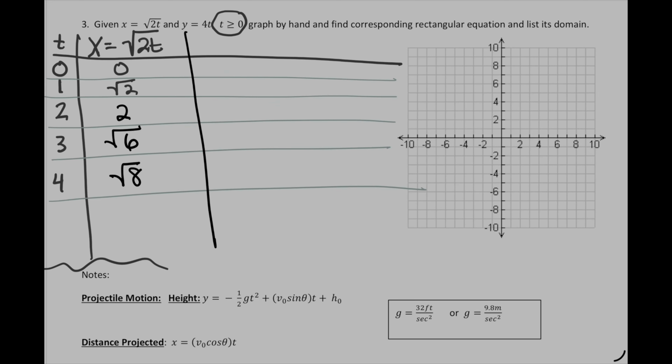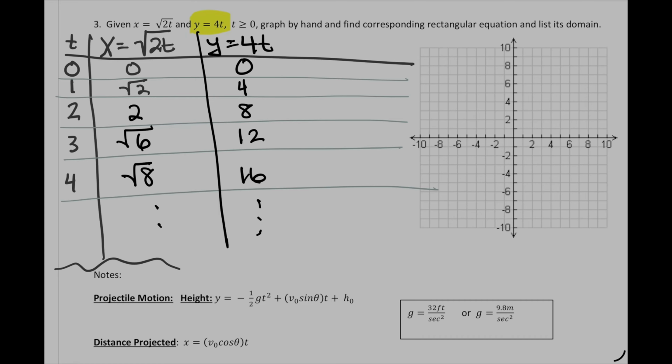The y's are going to be 4t. So 0, 4, 8, 12, 16, holy smokes. Okay, those numbers got big kind of fast. So if I come over here, I'm going to plot these on my Cartesian coordinate grid, so x's and y's,